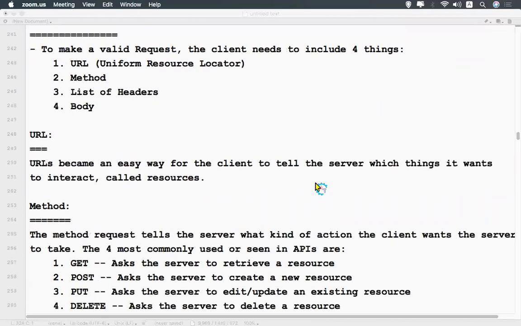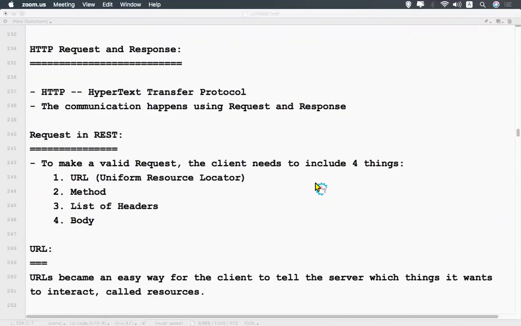So this is the information about HTTP request and response in REST. The basic terminology I'm introducing here, going forward in the upcoming videos, when I talk about REST API testing, we need all this information. So you should be aware of the terminology we are using in API testing. So that's all in this video.